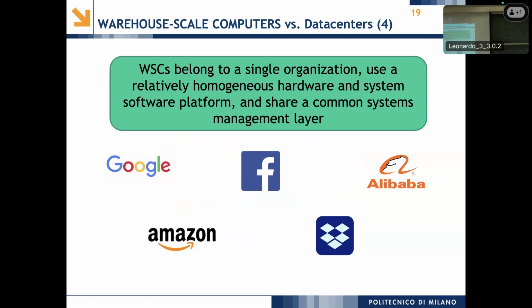While vice versa, we said that usually the warehouse scale data centers are owned by a single company. These are the most important names. To make their life easy, they run homogeneous hardware, while a traditional data center is usually a co-location thing, so you also have heterogeneous machines. So the key characteristics of this warehouse scale data center, to ease the management and the maintenance of your system, are homogeneous hardware, which is controlled by a single software layer, and you run a single application on top.